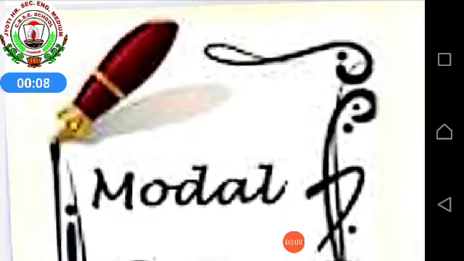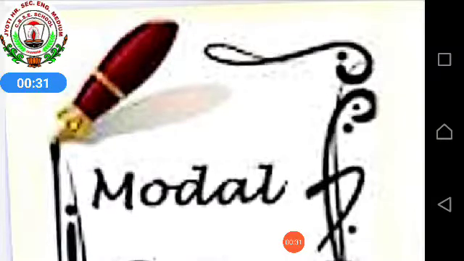Today, as you all know, we have already completed our English main book, that is the Learn Well book, as well as the activity sheets, that is till 12. Today we are going to start a new chapter from your grammar book. Some of the grammar chapters are left out, so we will be completing them, and after completing this, we will be starting some of the writing skills.